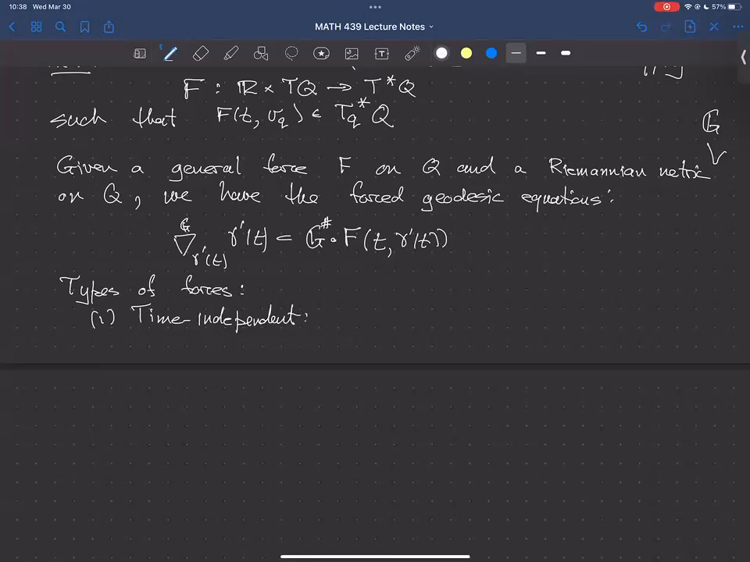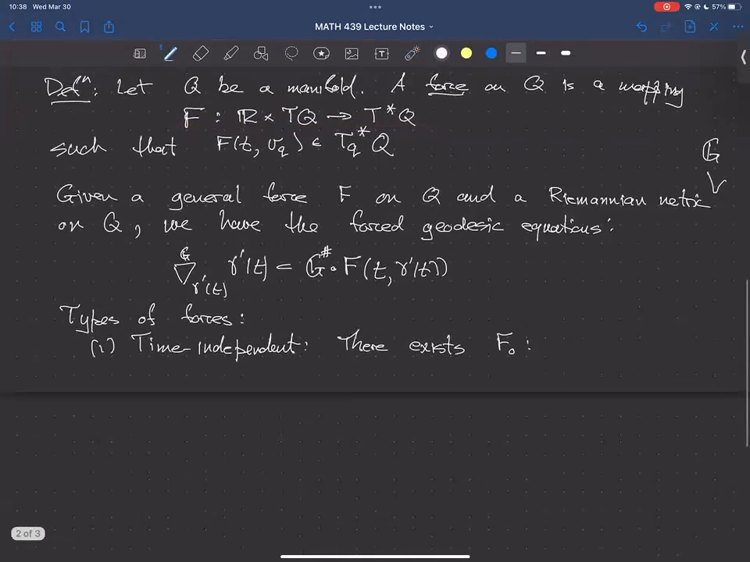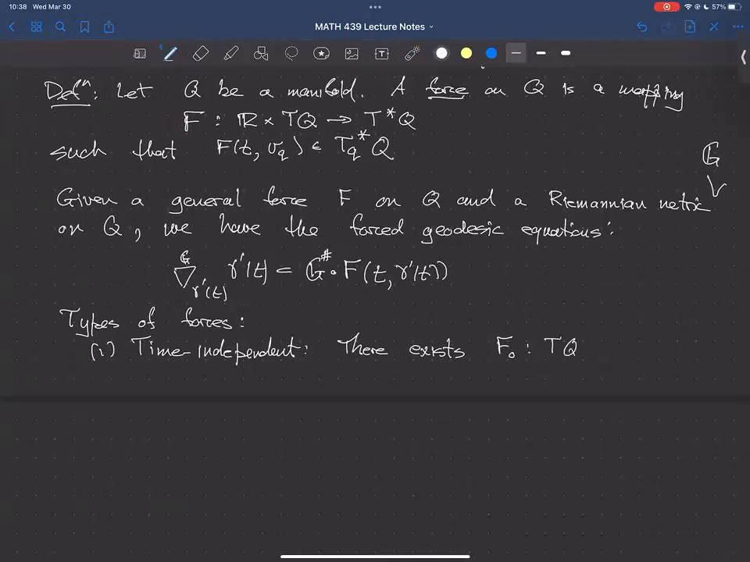Okay, so a time independent force doesn't depend on time. So how do you say that? There exists a mapping F naught from... basically I'm going to have the same kind of thing as a general force, except it's going to omit time as an argument. So it's just going to be a map from TQ to T star Q,